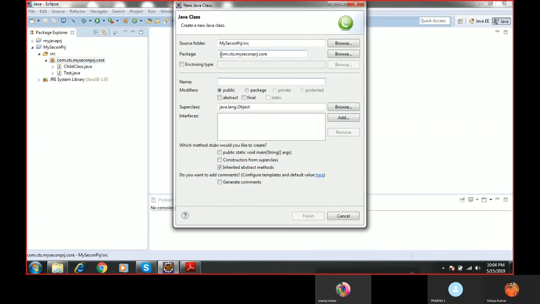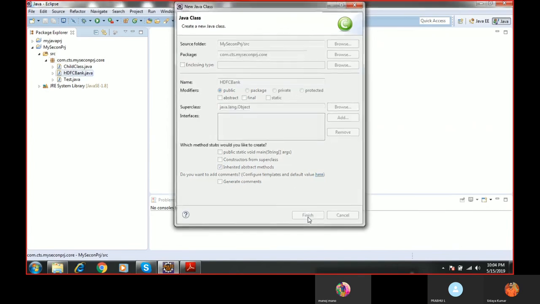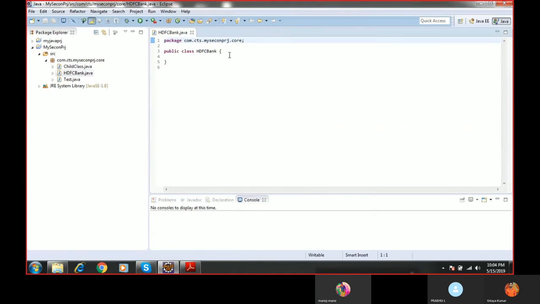So here, the class name is HDFC Bank. If you want to achieve inheritance, we require two classes: a superclass and a subclass, or a parent class and a child class. So now I'm going to create one more class,